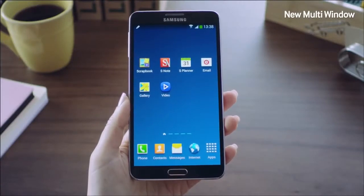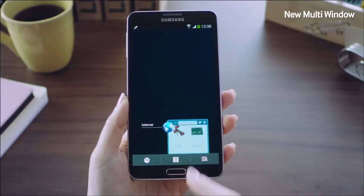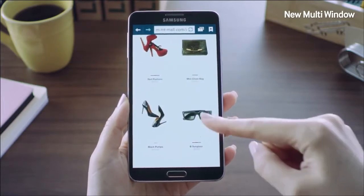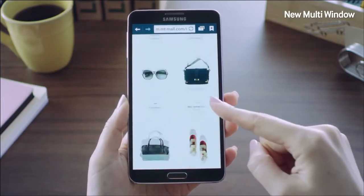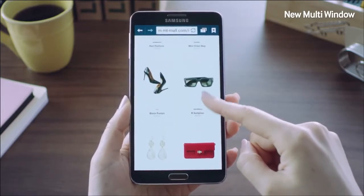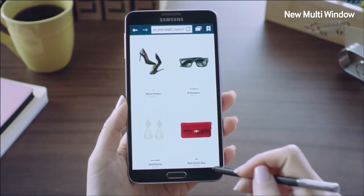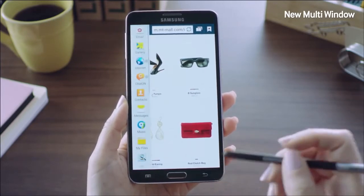You will also be able to perform more powerful multitasking by fully utilizing a larger screen. I found some nice items that I like, but I can't quite make up my mind, so I would like to ask for a second opinion on which item to purchase. So what I'm going to do is launch Chat On from the multi-window